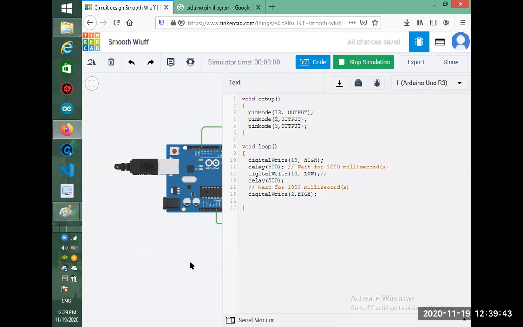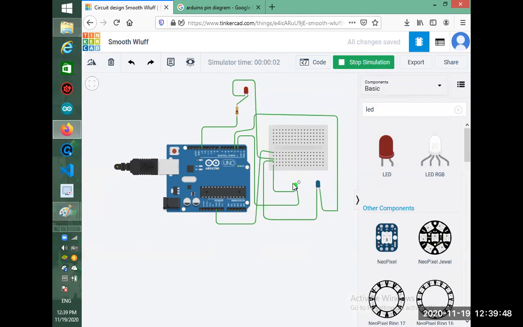So once again, you can see that our green pin is on. But we forgot one thing in the circuit: we didn't use the resistor here. It will glow, but it's saying please put a resistor here. If you don't put a resistor here, your LED may not work, or anything can happen with an LED because of the excess current.